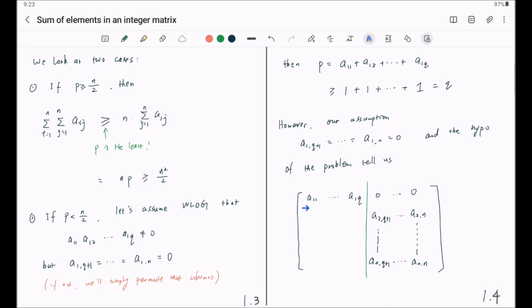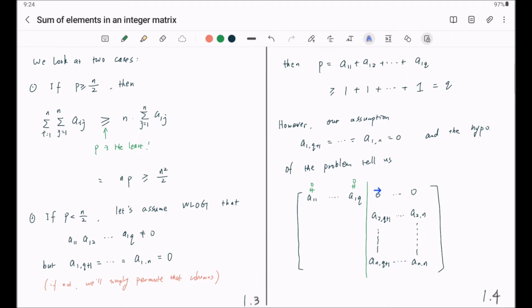So on the left, you get the first q columns. In the first row, you have A11 through A1q. They are non-zero. But on the right, you get n minus q columns. The first row elements are all 0. But with the hypothesis of this problem, you know,